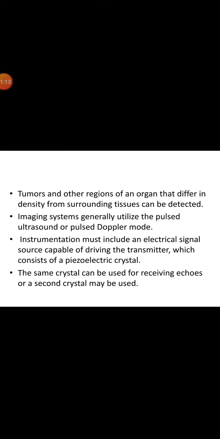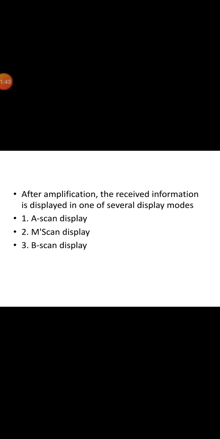There is some confusion in the literature in the definition of some of these modes. For example, some authors consider M-scan used in echocardiography as a form of the B-scan rather than a separate mode. While it is true that these two modes are very similar, differences in the information presented make it necessary to distinguish between the two in order to properly interpret the display. Also, some authors have adopted terminology from military sonar displays which are not appropriate to imaging in medical applications. So, we'll define some of the display systems, that is A-scan display, M-scan display, and B-scan display.